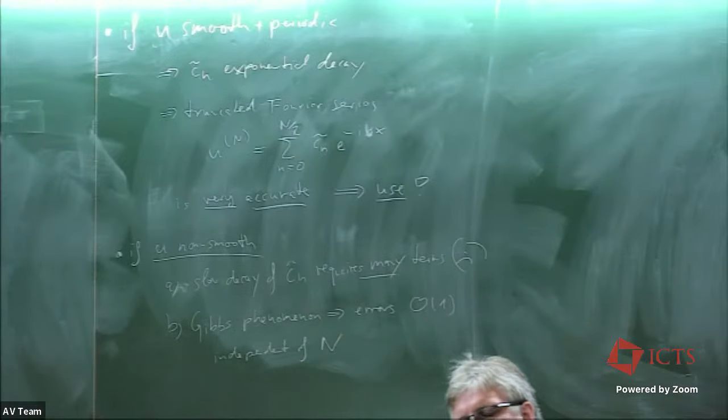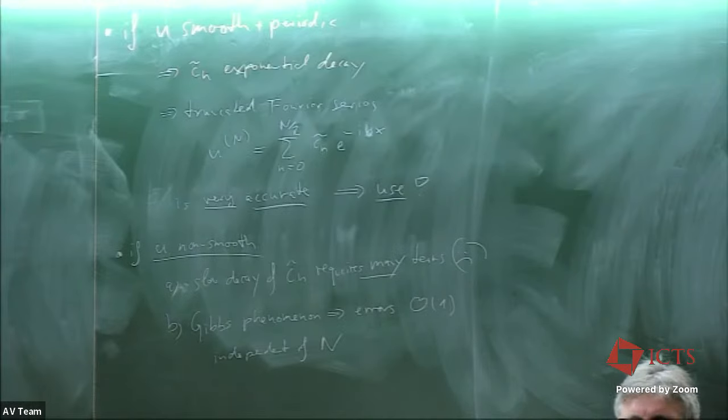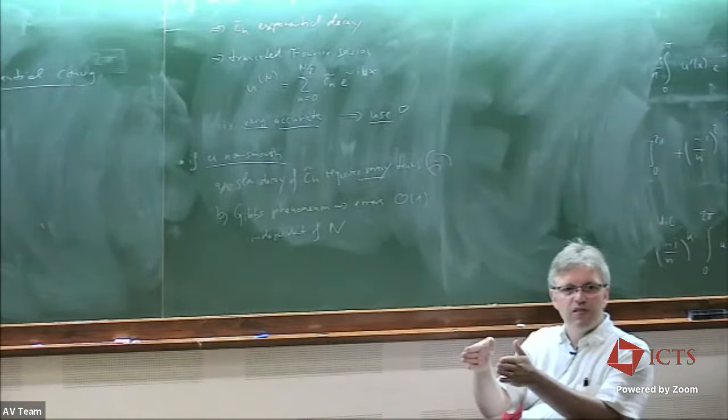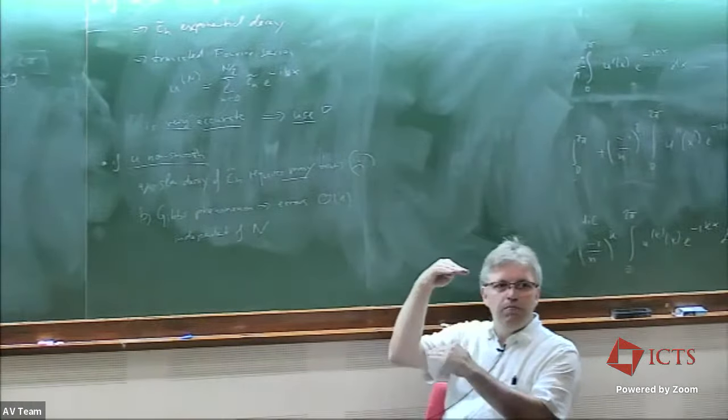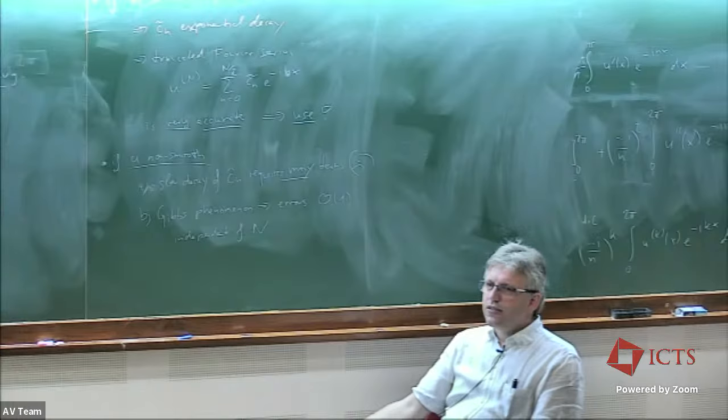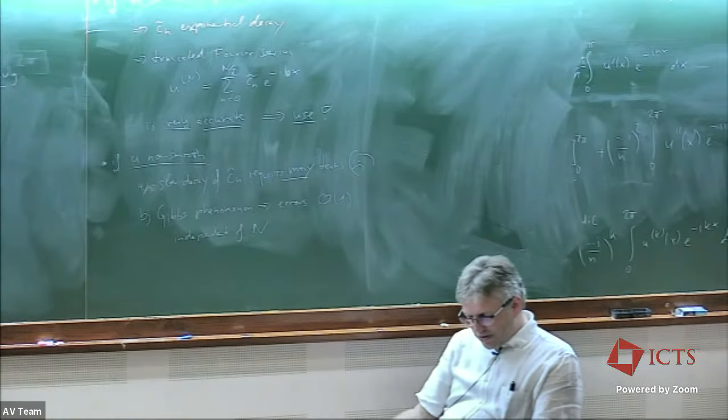So you can crank up the number of terms in your Fourier series. If you have a non-periodic function, discontinuous function, near the discontinuity, the Fourier series will always overshoot. And the amount of overshoot is not going down as you are increasing n. The range, how far away from the discontinuity it overshoots, becomes smaller and smaller, but the overall peak error remains large. I'm sure Kenta has talked about this last week,